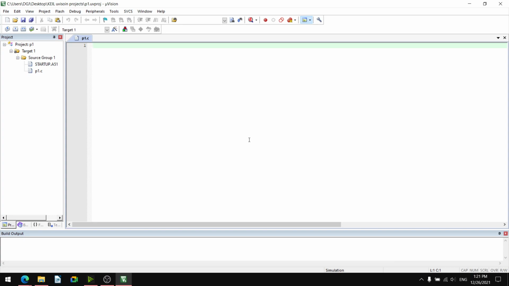Next things are the same, that is save, build, debug and run, and check the peripheral ports P1, P0, etc. But now what is remaining is writing the program in this editor. We know the program; we have discussed many programs already.